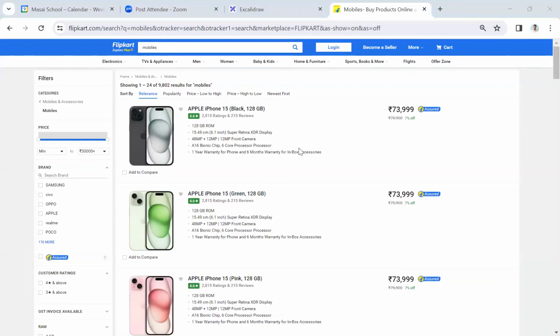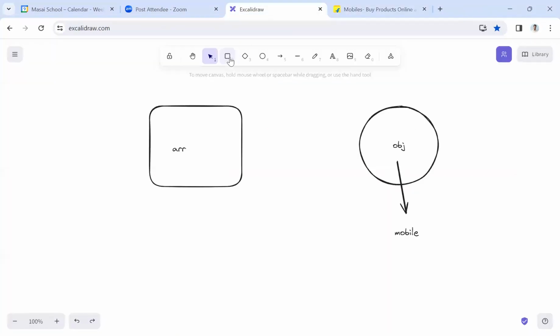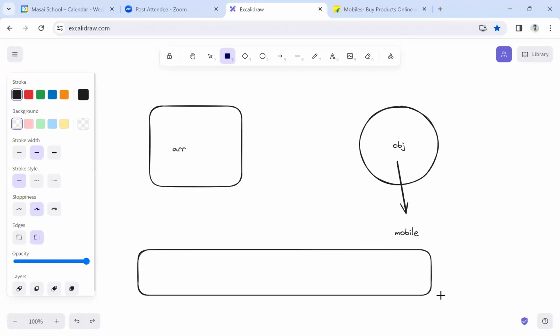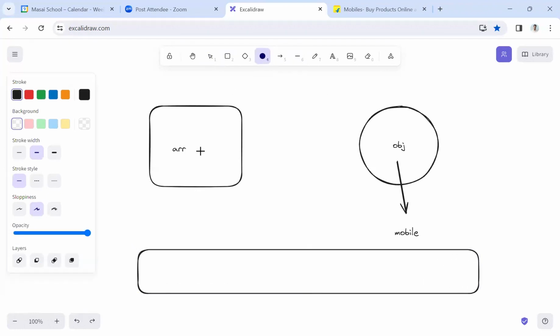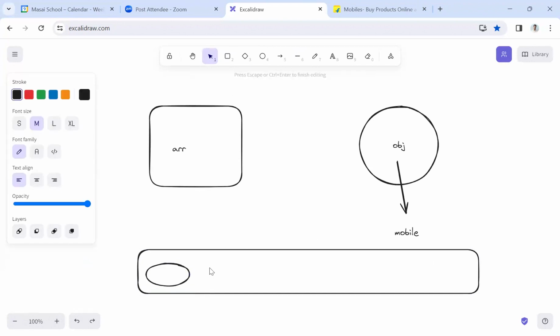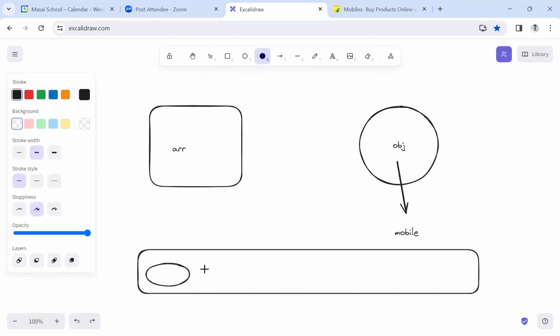Multiple products, right? So how can we store multiple of same objects? Should we not create an array of objects? An array of objects, right? Make sense? तो जेसन याद आ रहा है सबको? जेसन जो पढ़ाया था,